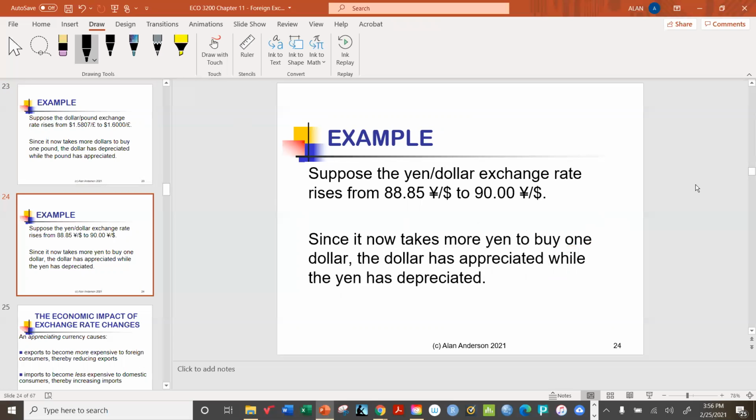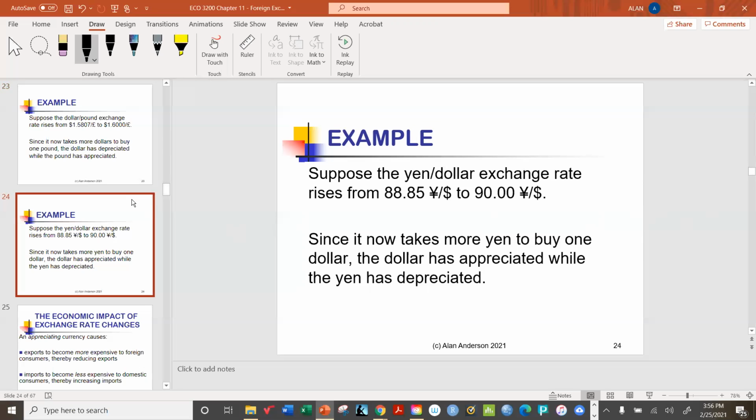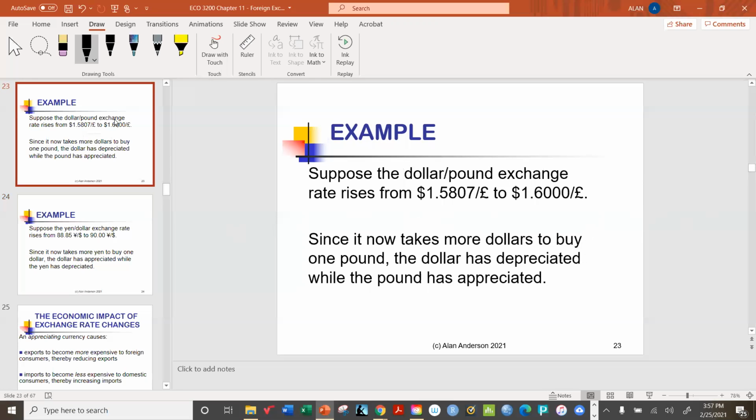All right. So again, it takes more yen to buy a dollar. Therefore, the yen is now weaker. It is said to be depreciated, and the dollar is the opposite. That means the dollar must have appreciated. All right. The reason why I showed you these two examples is because you can't tell just by looking at how high this number is. What really matters is how much of one currency is needed to buy the other one. And that's how we can figure out which got stronger and which got weaker. All right. So